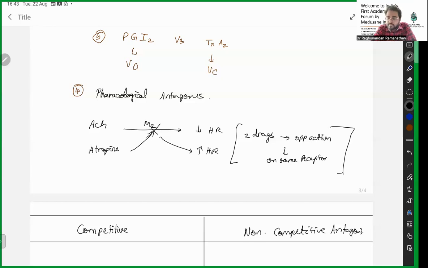But if it is a non-competitive antagonism, the boy is not showing love to the girl. Instead, the boy is developing a hatred in the mind of the girl against Ramesh. So however much more love Ramesh shows, the girl will develop hatred towards Ramesh. Therefore, the dosage of love is non-surmountable.